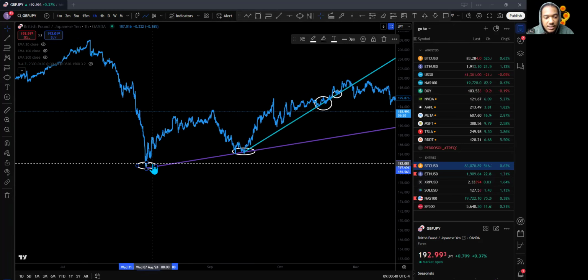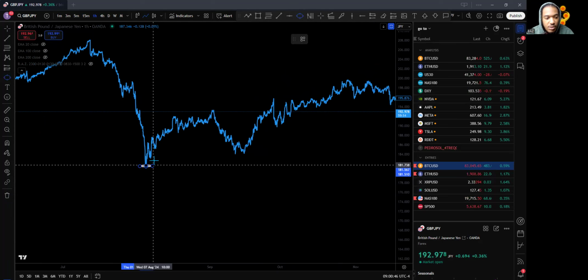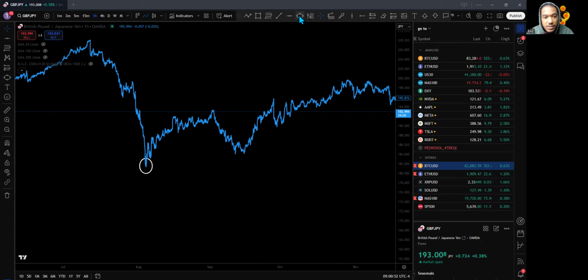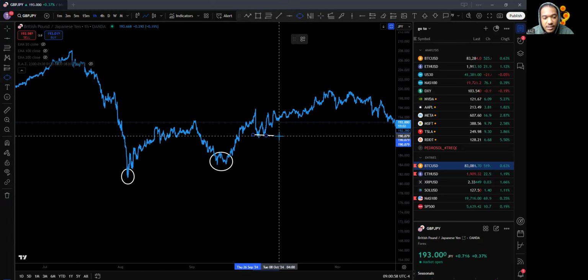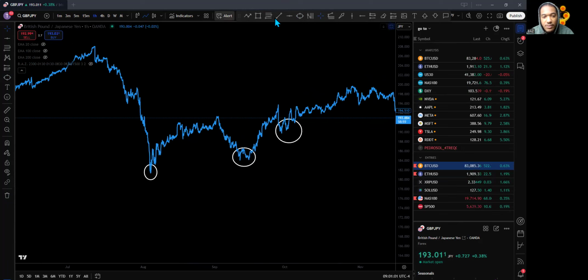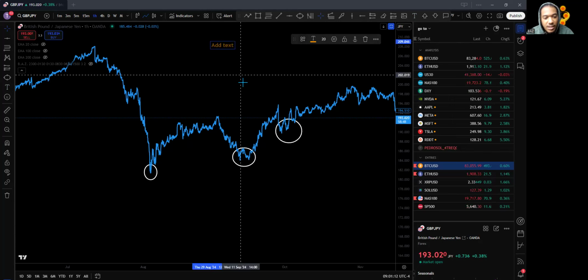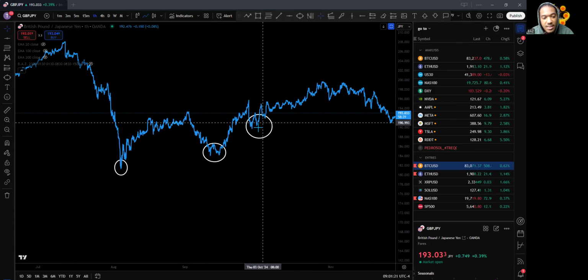So let me delete these right here. Just delete everything. Here's my low. My next low will be right here. Oops, wrong button. My next low is right here. So if I'm marking it up like that, where's the pencil? They got me using tools I don't ever use. Anyway, we have this low, this low, this low. We can see here that this low is higher than this low,